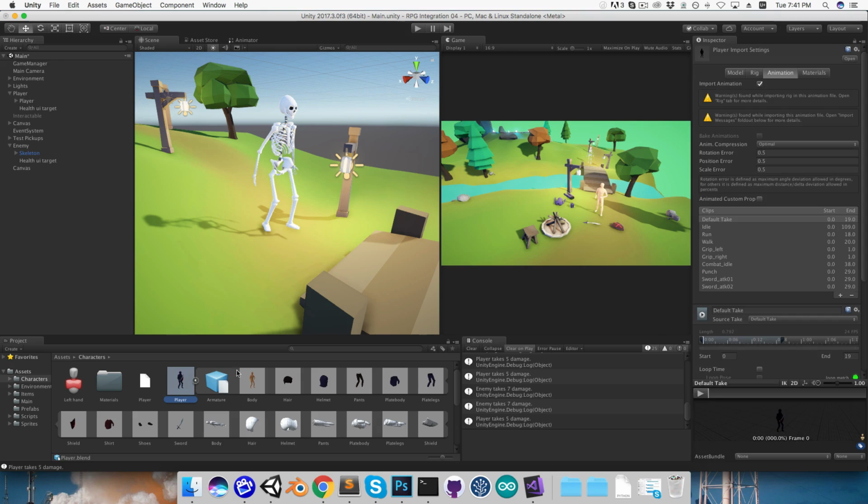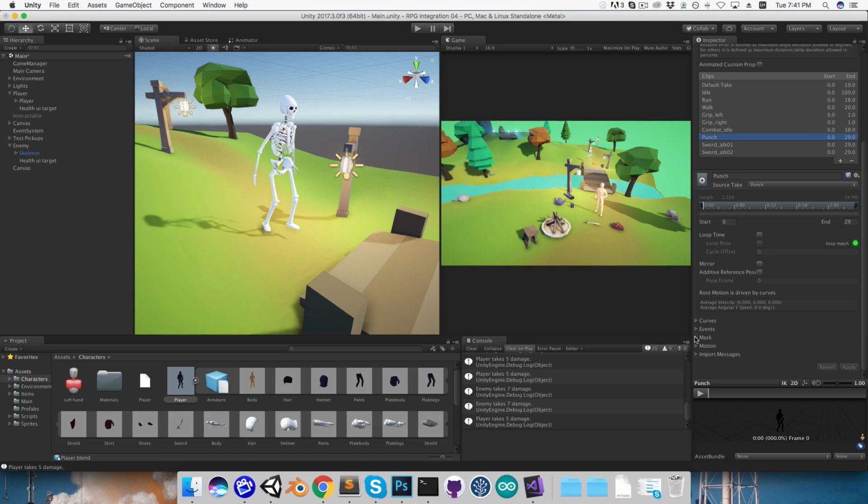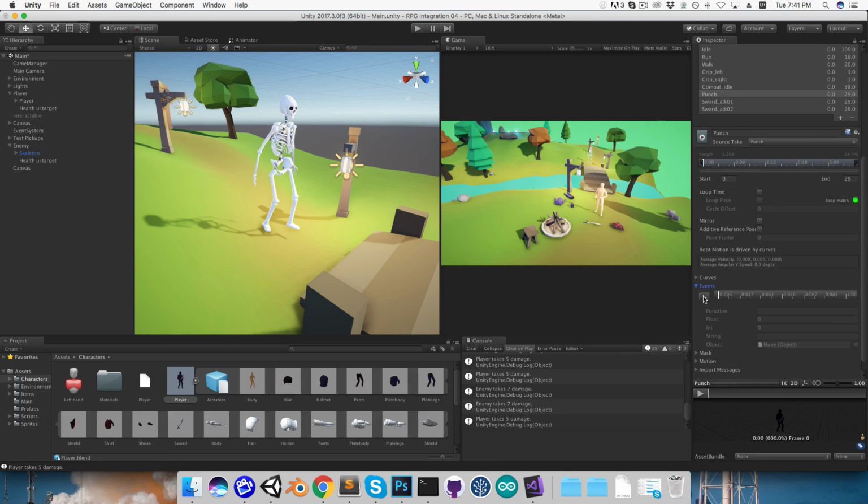So I'll go into the characters, first onto the player, and let's go through these animations. So I'll go into events, press this little plus icon here to add a new event, and we can frame through the animation here to get the moment of impact, and then just move the event over to that moment, and want to give the function the correct name, so that was AttackHitEvent. And let me just copy that since we're going to be calling that a bunch more times. So attack 1, moment of impact is maybe about there. Paste that in. And then for attack 2,